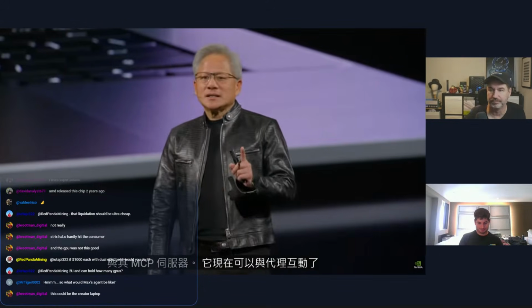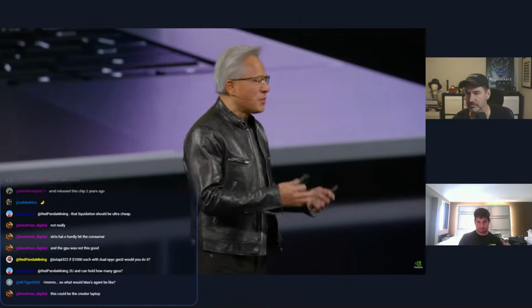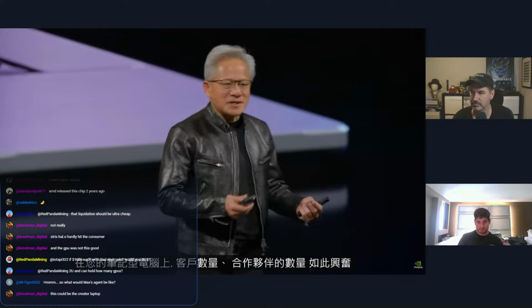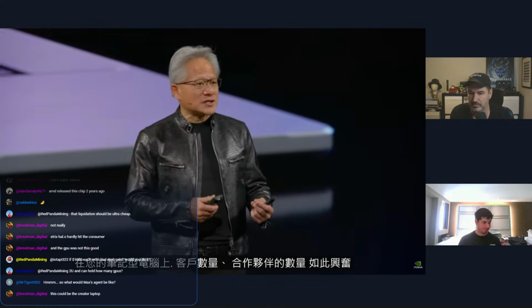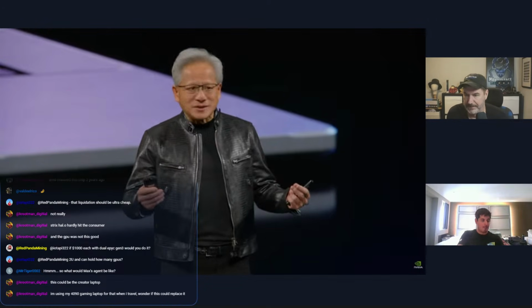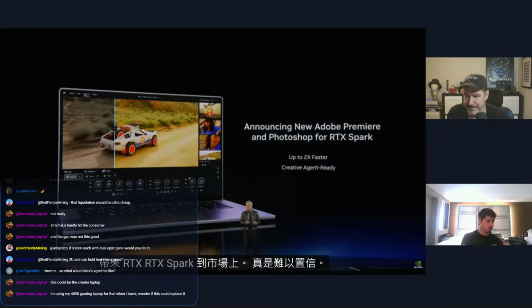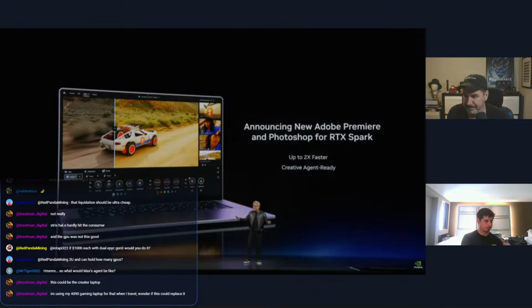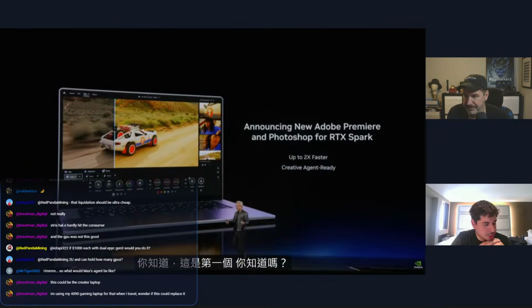The number of customers, the number of partners that are so excited to bring RTX Spark to the market. It's just incredible. You know, this is the first reinvention across the lineup of PC products, and as we know,